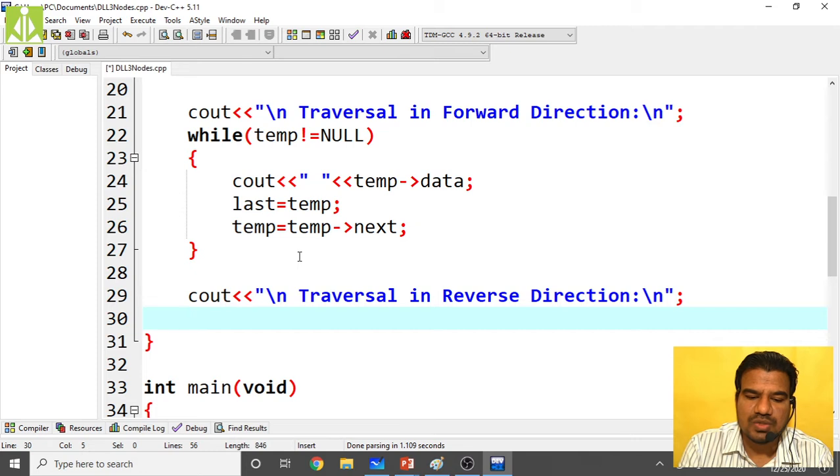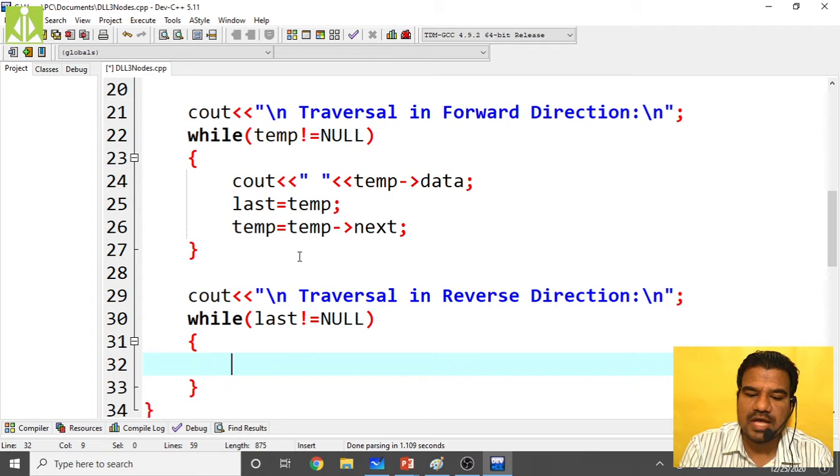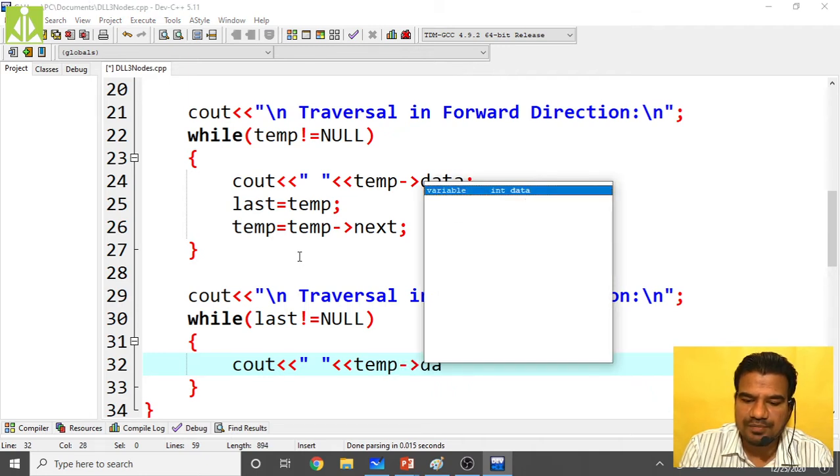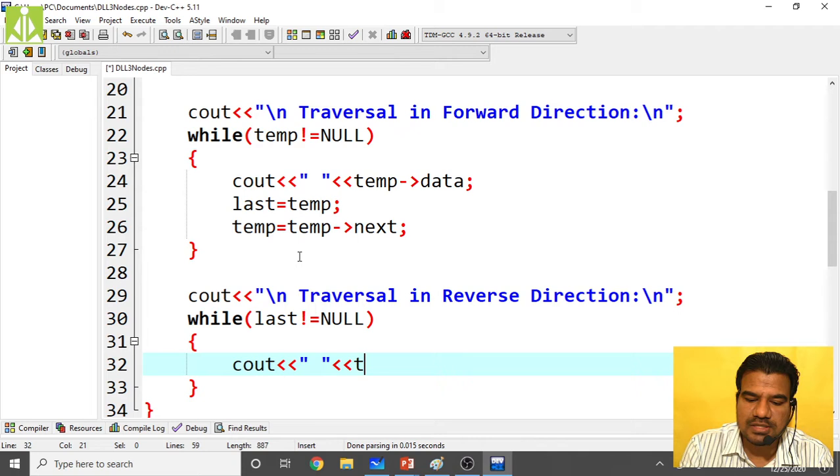Then take the while loop. Same code I am writing over here: last should not be equal to null, and we are traversing in the reverse direction. So cout of last of data, then print some space, because we need space between the elements. Not temp of data, this is last of data.